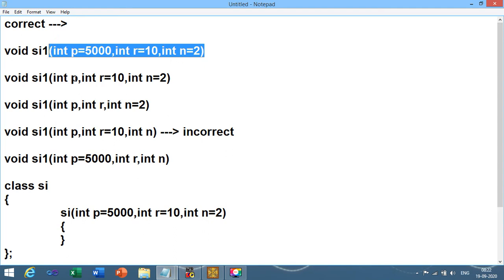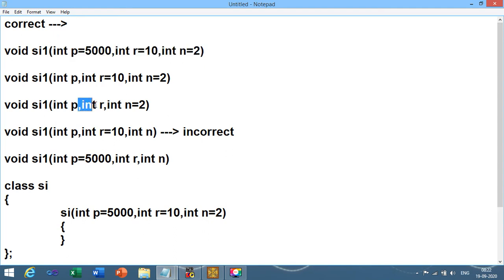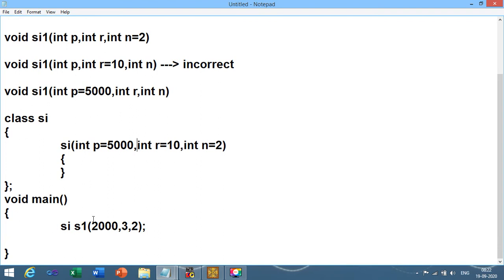Number 2, if I want to initialize the value of r with some value, in those cases it is compulsory to initialize the value of n. And suppose from void main you pass some values while you create the object of that class, at that time based on your values it will return the result.